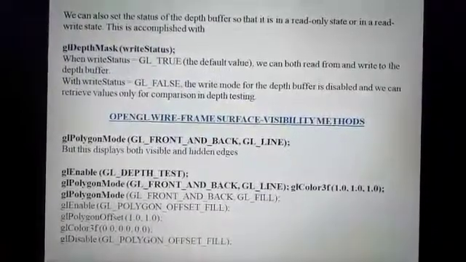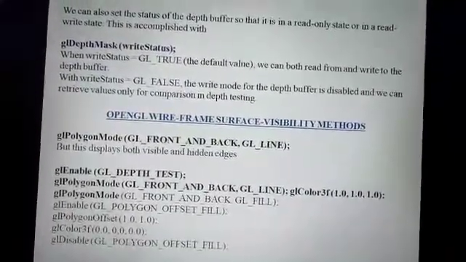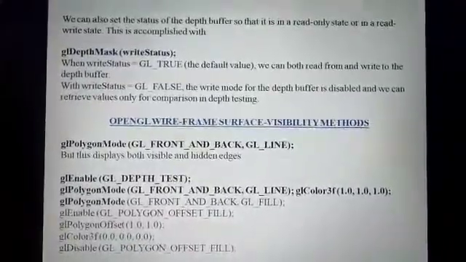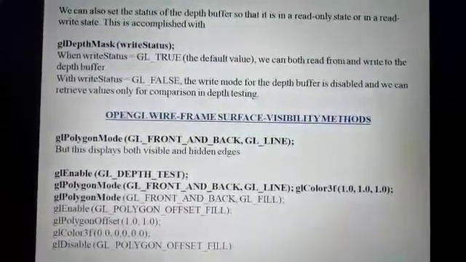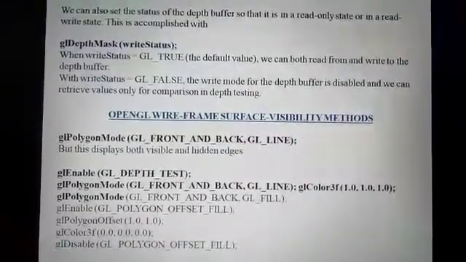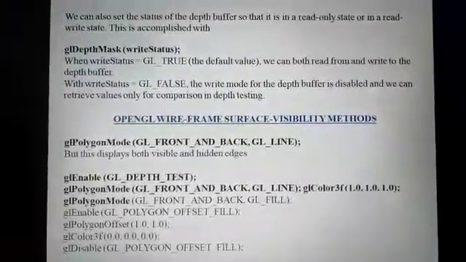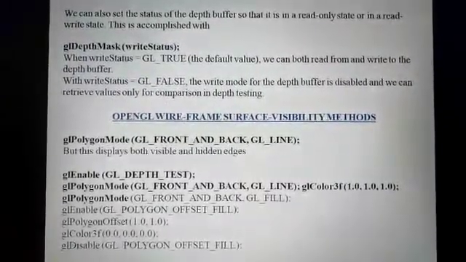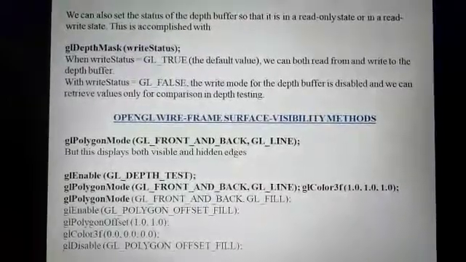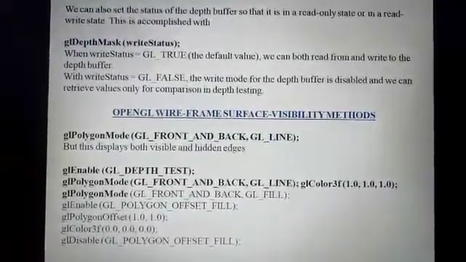We can also set the status of the depth buffer with glDepthMask of write status, where we give GL_TRUE, which is the default value, or GL_FALSE, which means write mode for the depth buffer is disabled, and we can retrieve values only when the comparison is needed. Then OpenGL wireframe surface visibility methods, where we are defining the polygon mode,